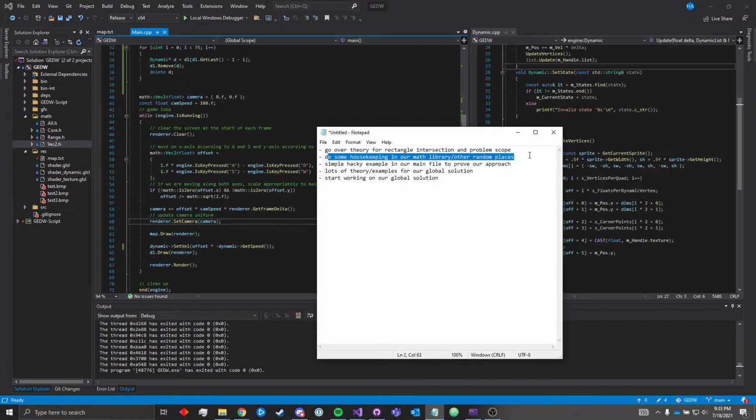Then we'll do some general housekeeping, just add a few methods here and there to make our life easier when writing some of this code. Then we'll do a simple hacky example in our main file, just to prove that the theory we went over actually works. And then we will go into theory for our global solution. And then hopefully by the end of today, we'll start working on our global solution. So I'm not going to really tell you what that means, but